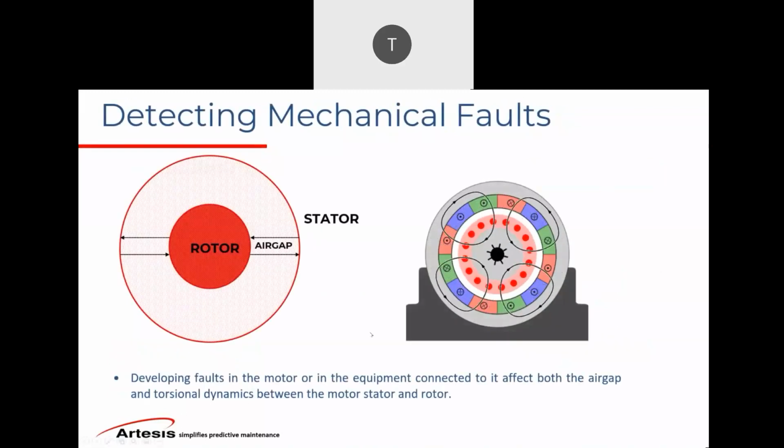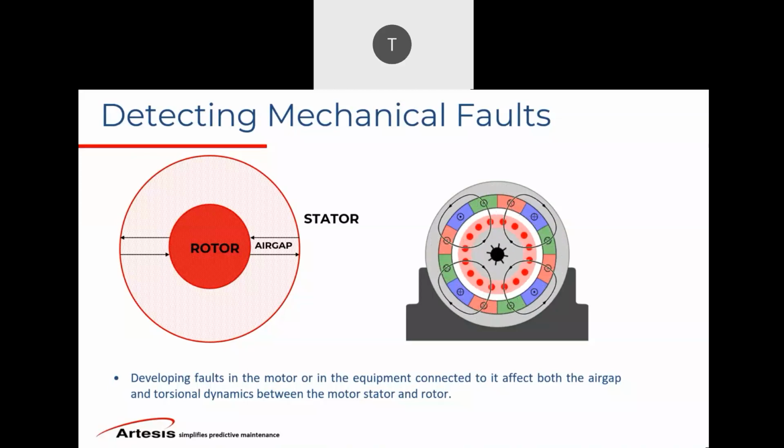So now one big question that we get a lot is how the system is capable of seeing mechanical issues with the electrical signal, and the answer to that question is shown here. Basically, there is an air gap between the rotor and stator in any electrical motor, which has, in theory, of course, a uniform electromagnetic field,